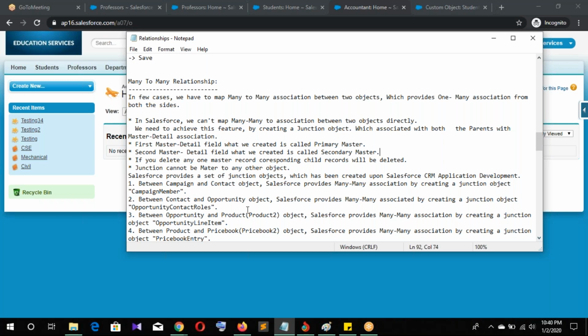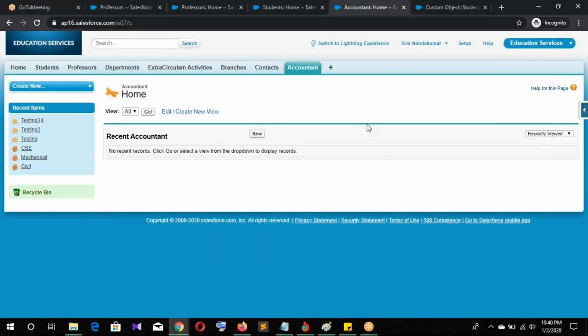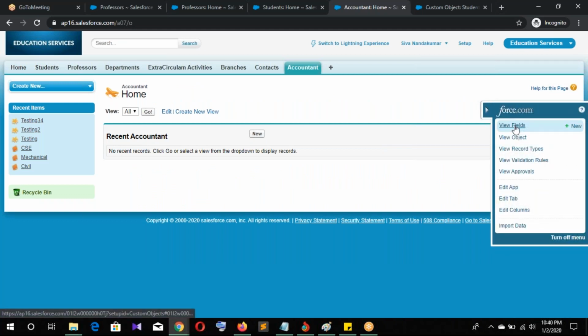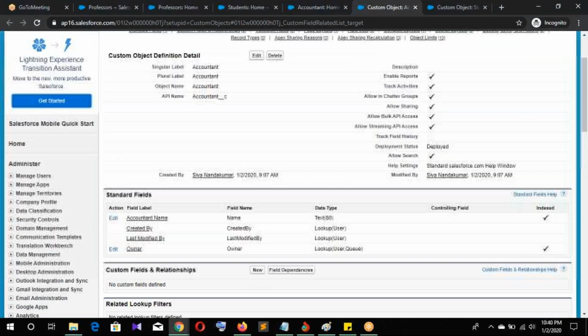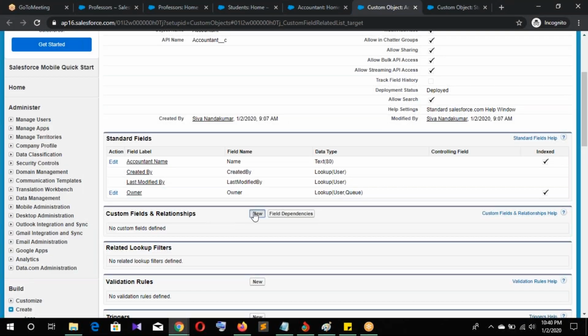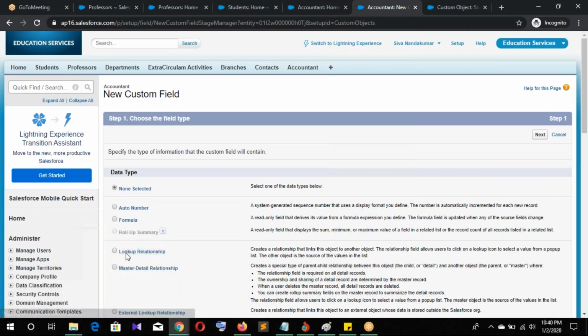Let's see how to create it. Fields, new custom field. Let's choose master detail.